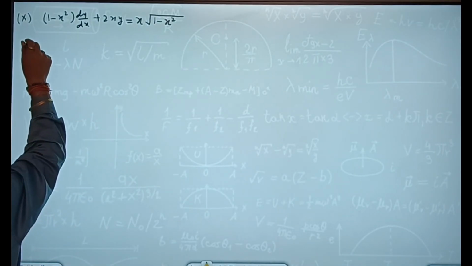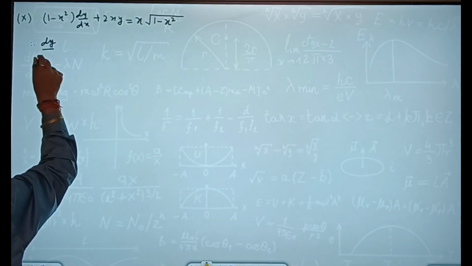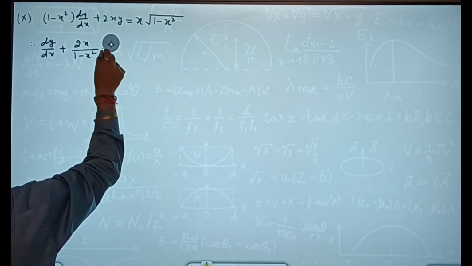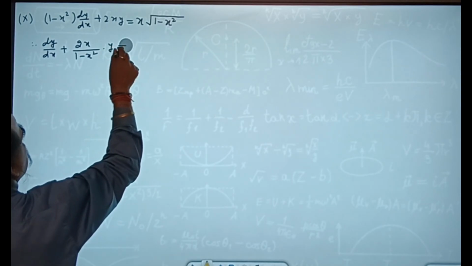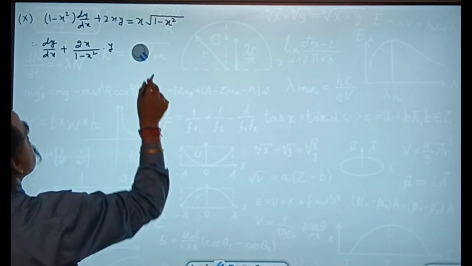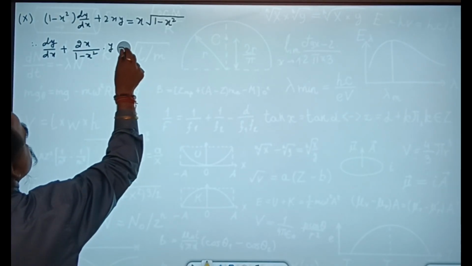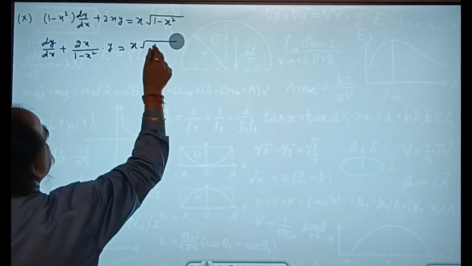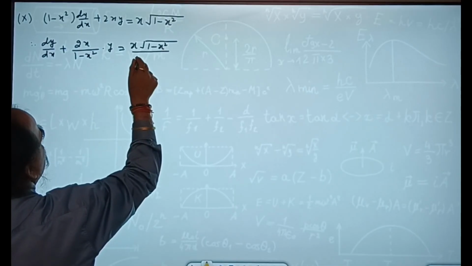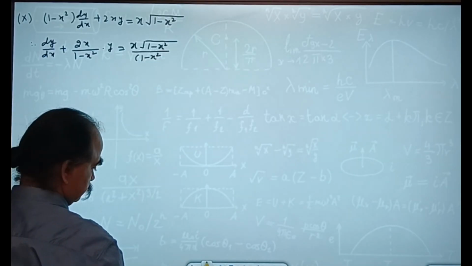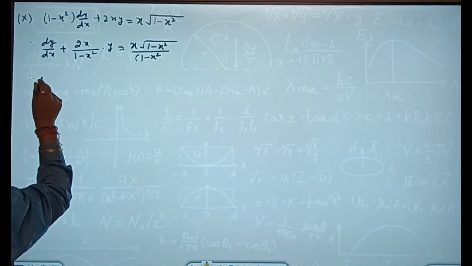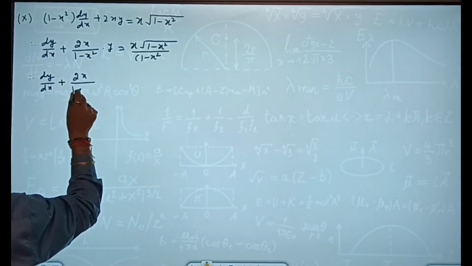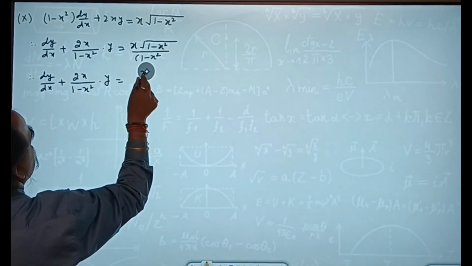Now first we'll divide by 1 minus x square. So dy by dx plus 2x upon 1 minus x square into y is equal to x root 1 minus x square upon, therefore dy by dx plus 2x upon x upon root